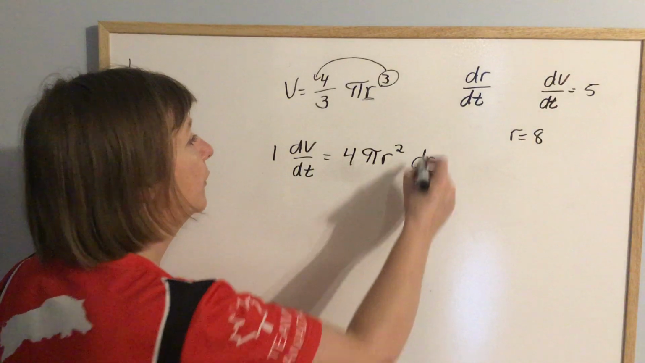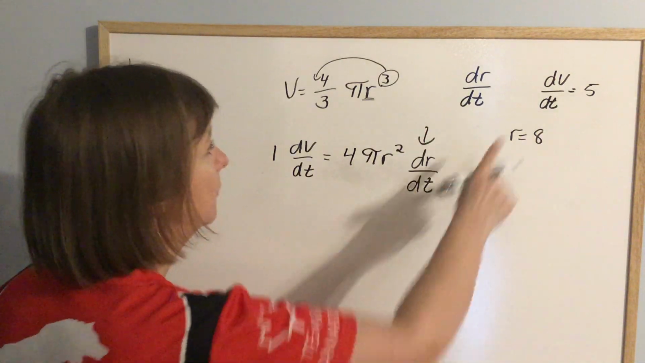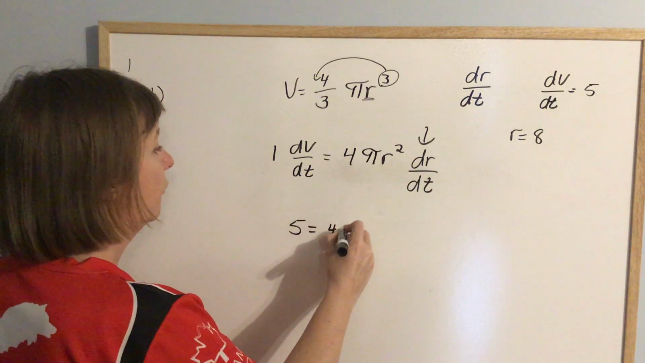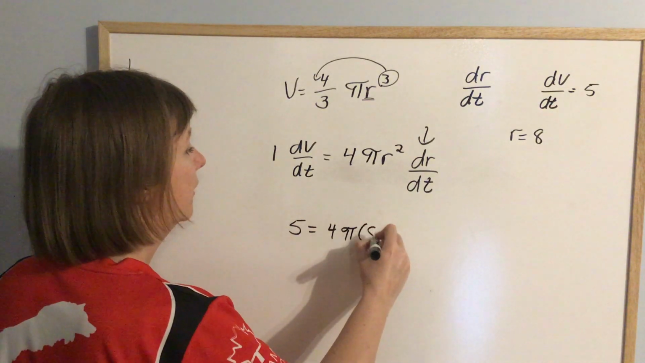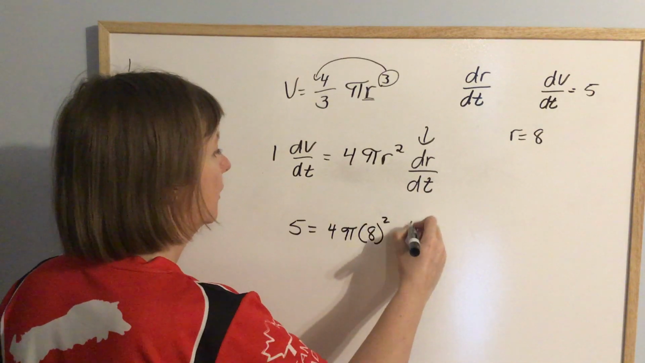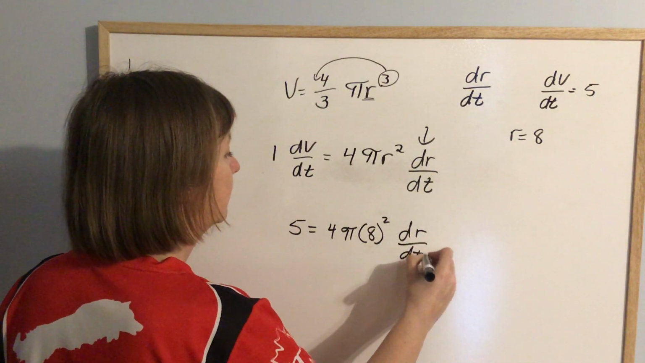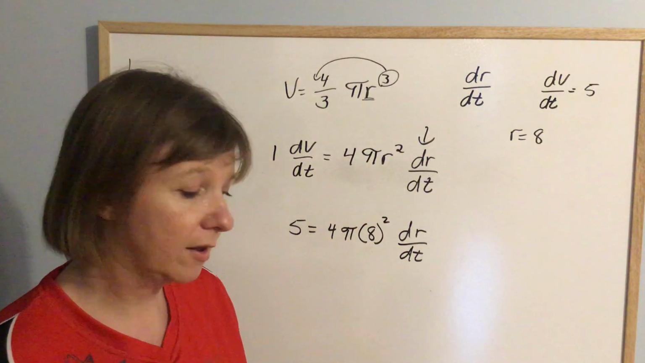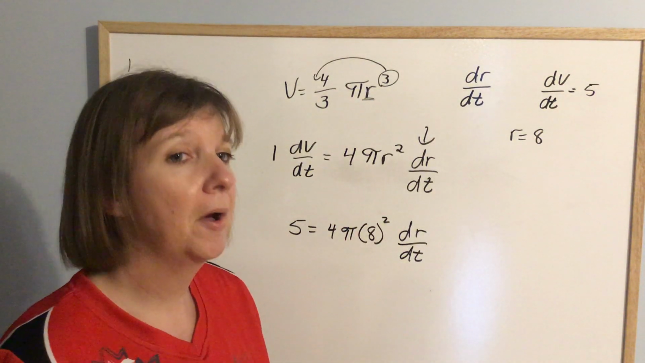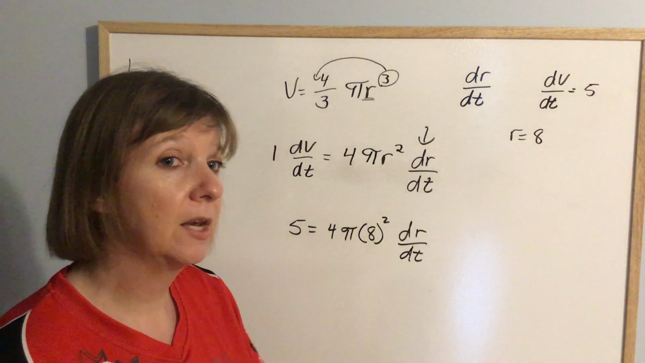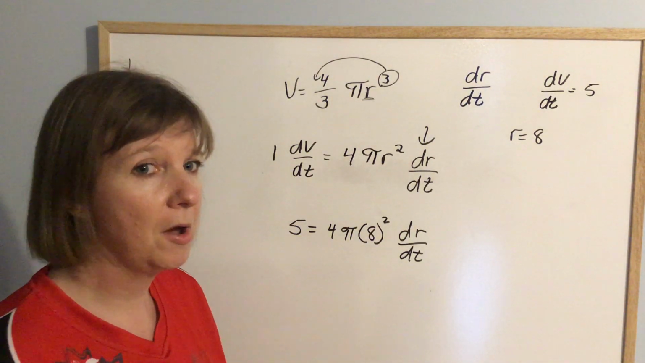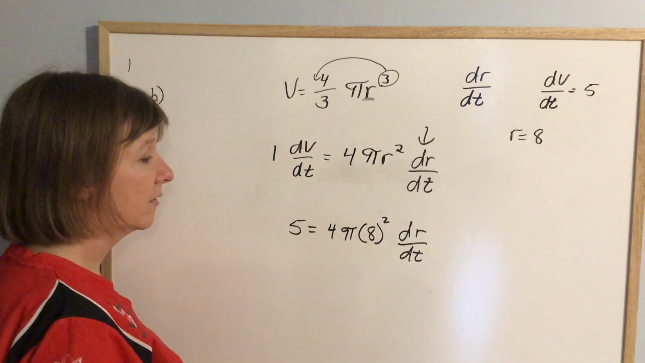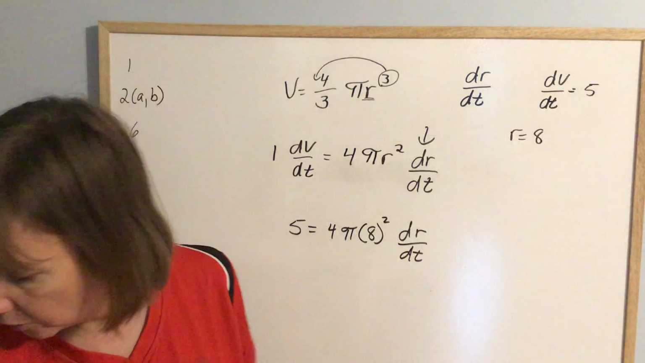Now they want us to figure out dr over dt, but they tell us dv over dt is 5. And that's 4 pi times r, and they tell us r is 8, squared, dr over dt. Now again, they don't bother at the back of the book, because I glanced at it, they don't bother to get rid of the pi. They don't bother to multiply it out. They just leave it as pi. You can do that. So I would do 8 squared is 64, and 64 times 4,